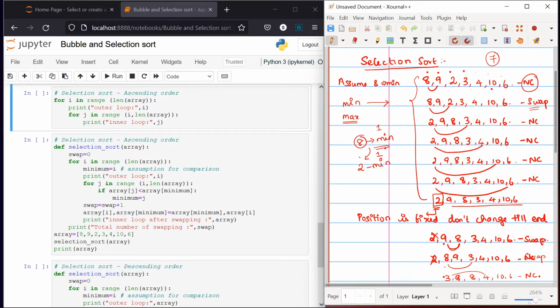So 3 is the next minimum number, it has reached this position, so this position will be frozen and there is no change hereafter. Anyway you have to check it, but it will not have any change. So at the completion of this iteration, 2 and 3 have been frozen, don't disturb this 2 and 3. Next, you take the remaining elements and iterate to find the solution. Like this we are going to make the loops occur. So we have to convert these conditions into programming methodology, right?